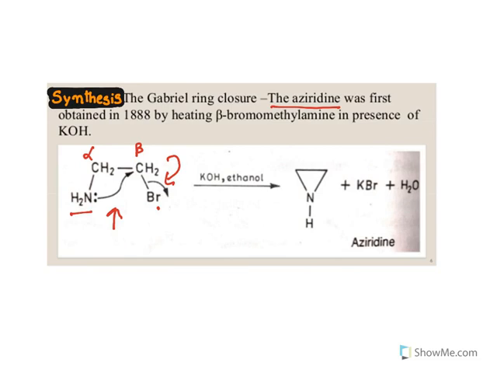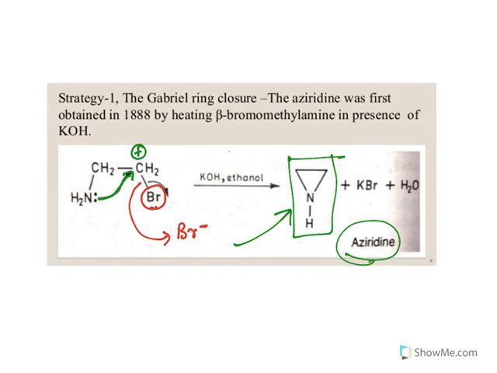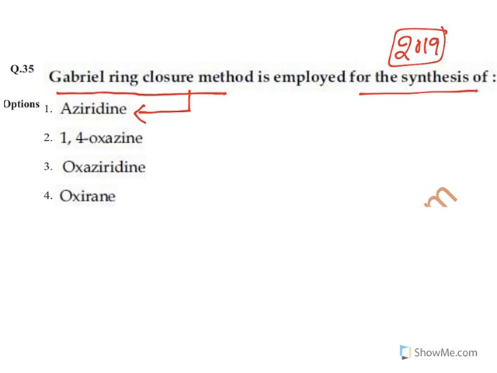And what happens is, look at them. See, this bromine is a very good leaving group. It comes out as Br minus. That means these electrons are taken by this bromine. So what happens with that? Carbon will get a partial positive charge. Now to neutralize this positive charge, these electrons will move here and you will get this ring. This ring is what is known as aziridine. So this synthesis is what is known as Gabriel ring closure. This is a named reaction. So aziridines are made by this method.